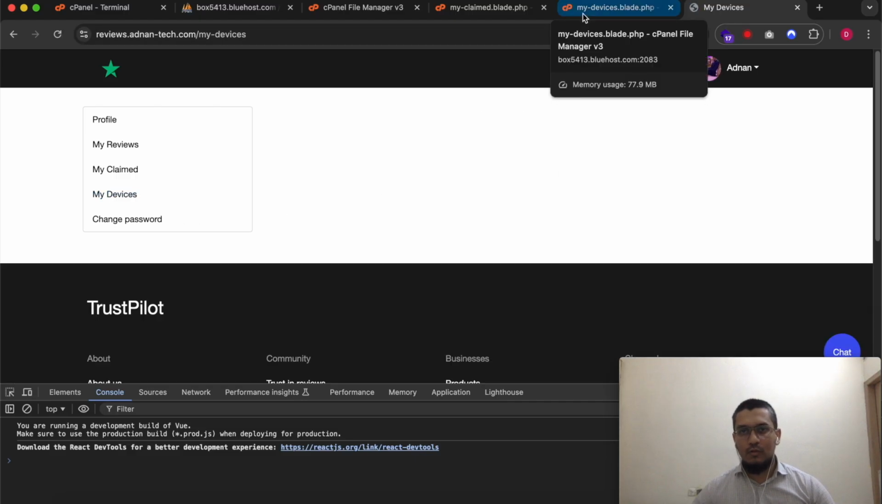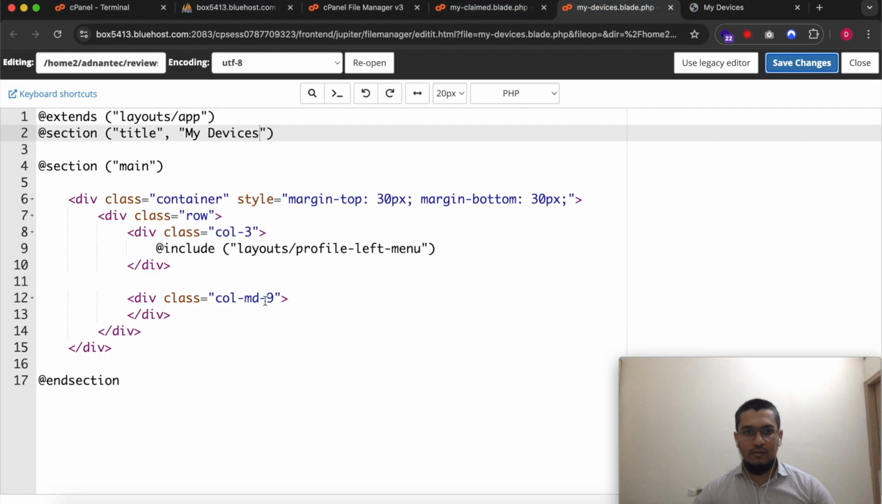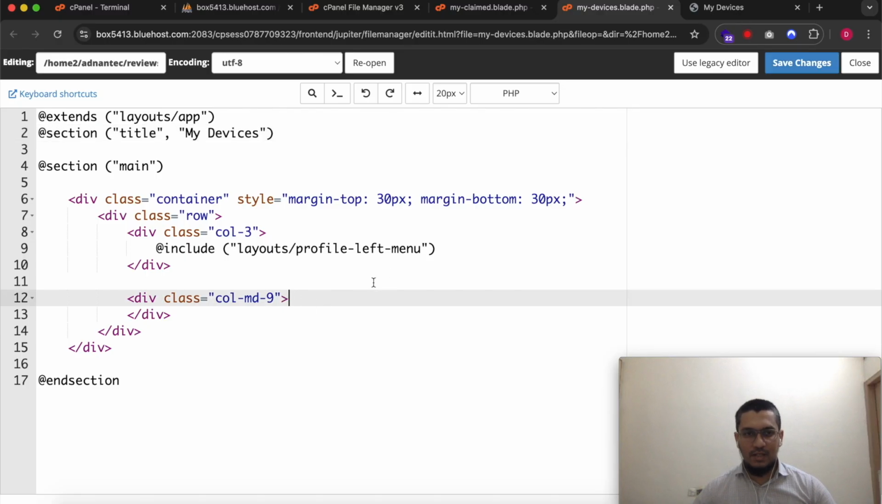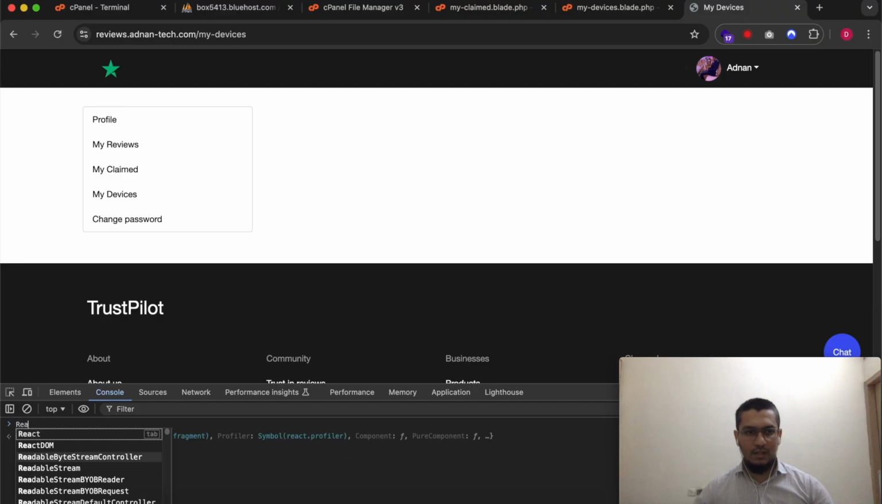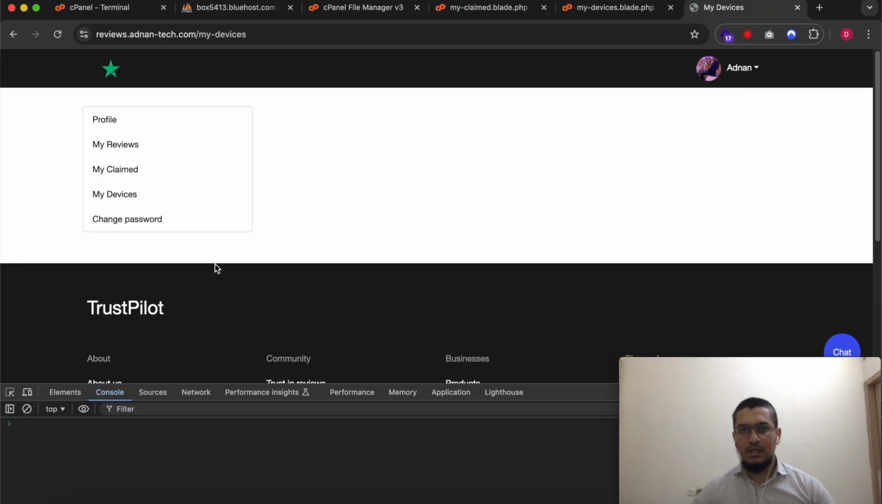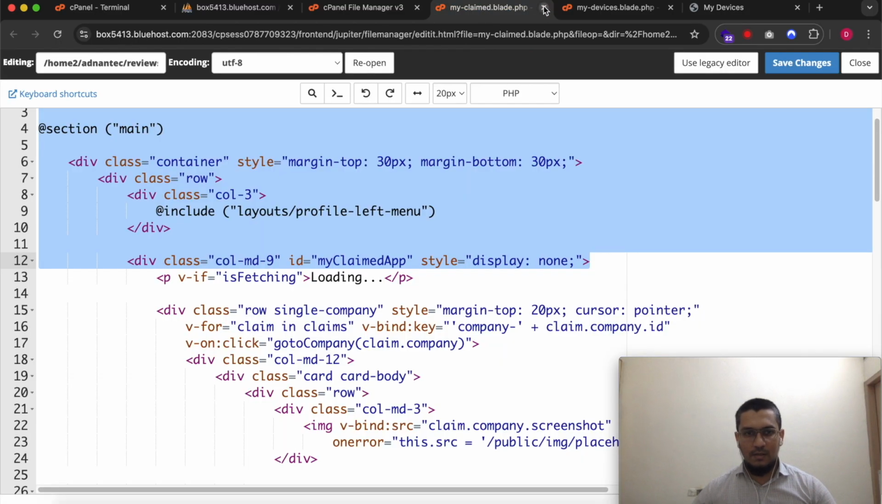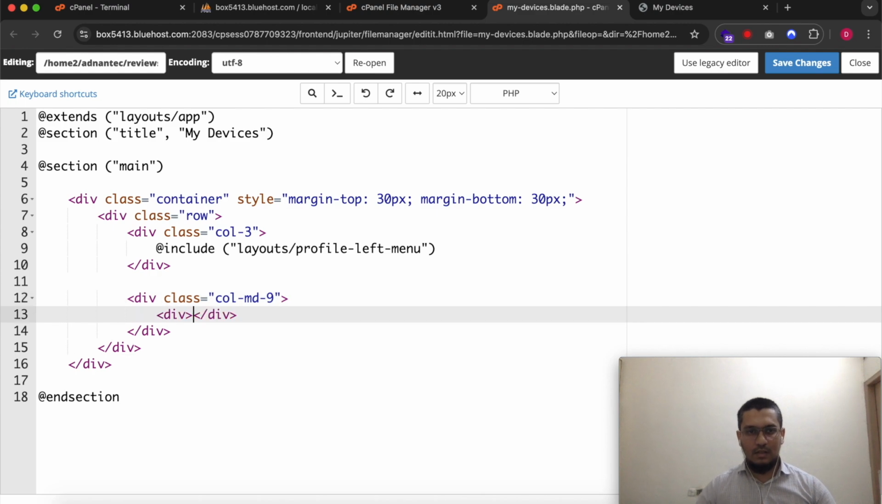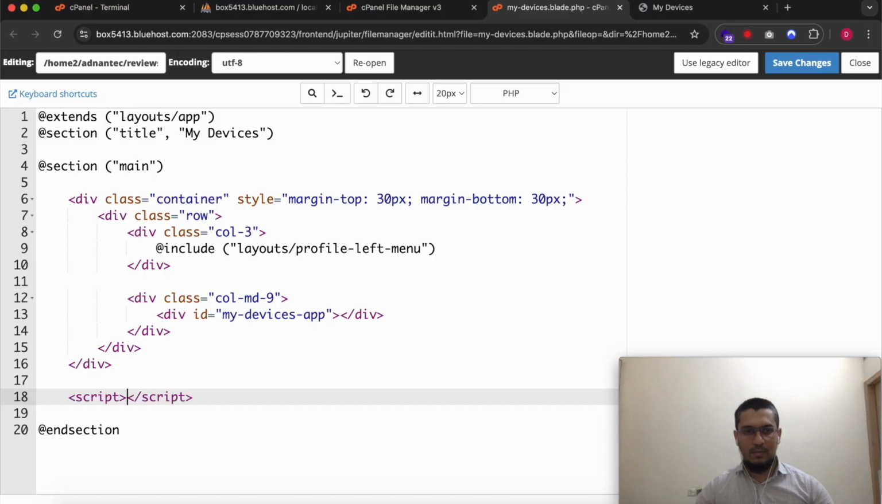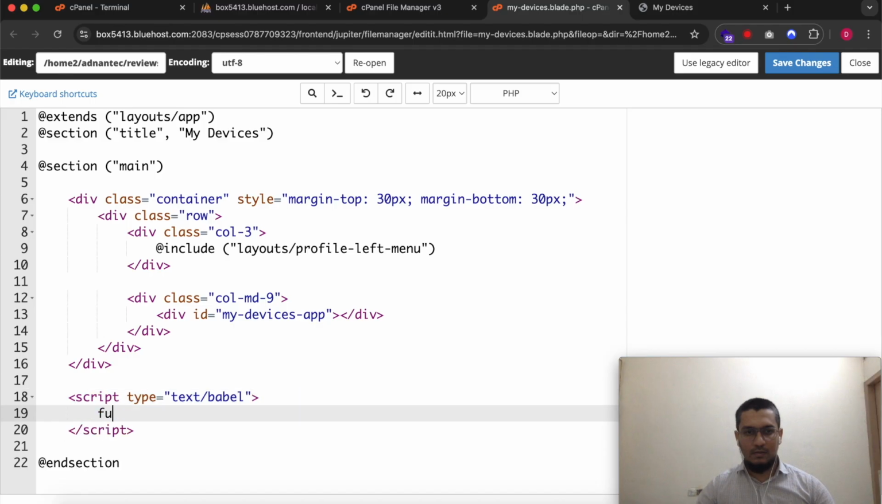Okay, now what we need to do is call an AJAX request that will fetch all my devices, and I will display them here. First, I need to check if I have included the React. Okay, so we will be creating a simple React component here. So I will create a div and give it an ID like my devices app, and I will create a script tag, set its type to text babel, and I will create a function of my devices,